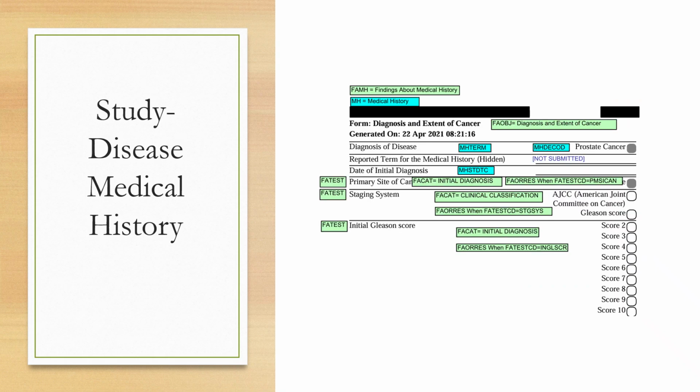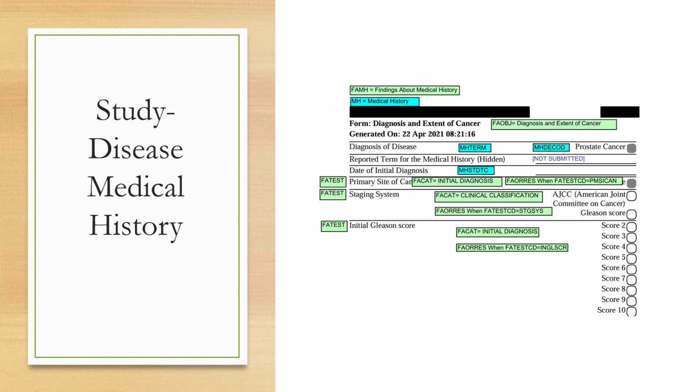Now let's see the study disease medical history CRF form here. As I told earlier, we were discussing the general medical history form for a prostate cancer study. Now you can see that this is the CRF form which is related to this study disease. And in the diagnosis of disease question, you can see that prostate cancer is being mentioned, and the radio button is already grayed out, which means that this form will be filled for the information related to the